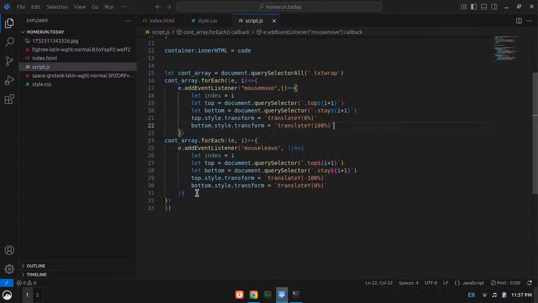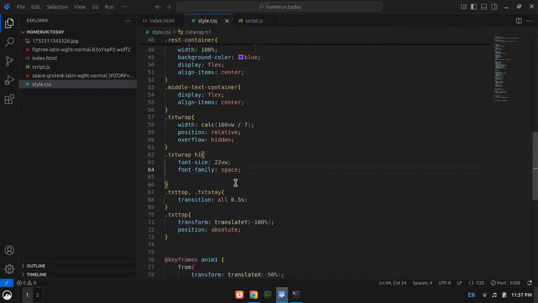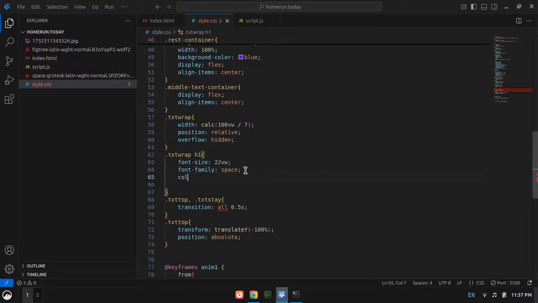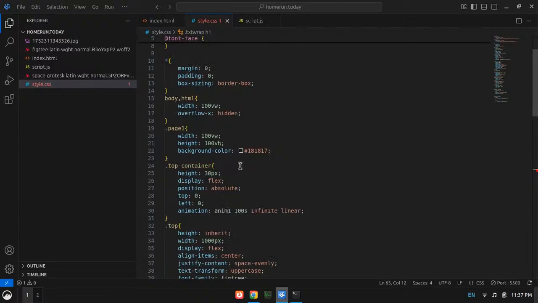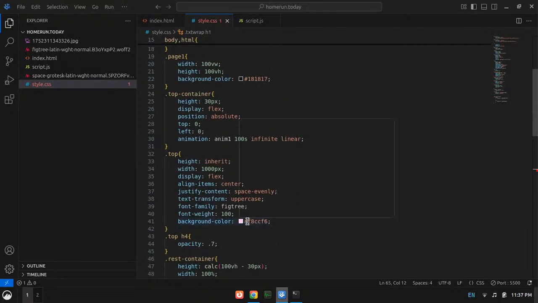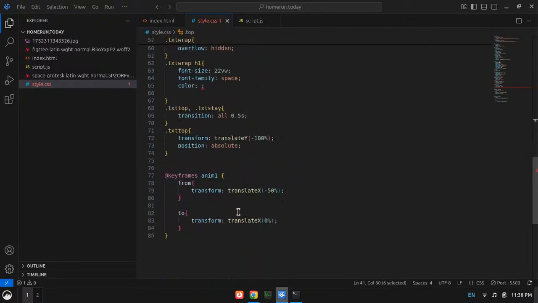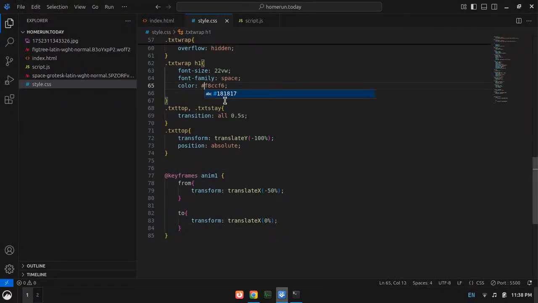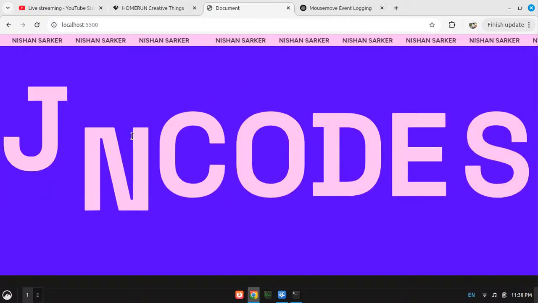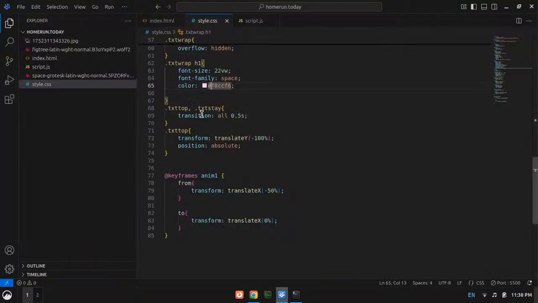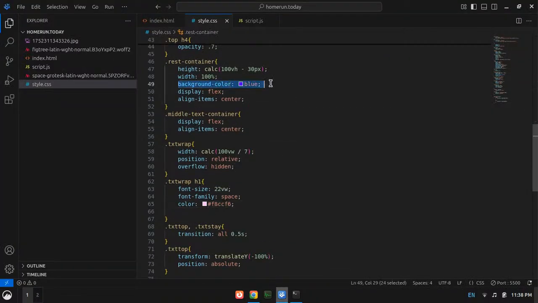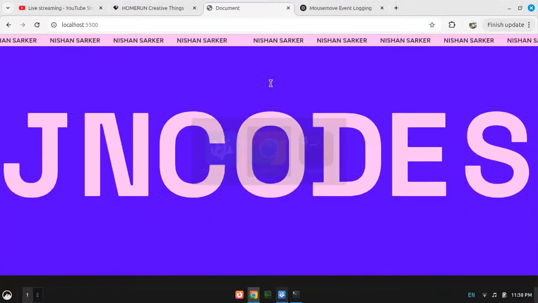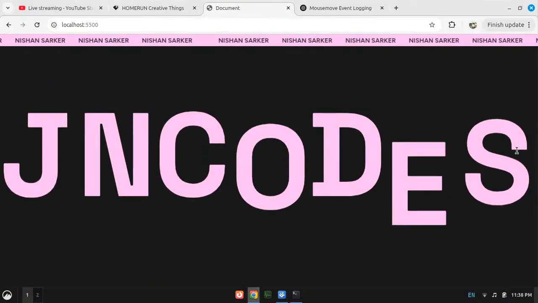Okay, I need to assign the color to this thing. Salwar color, and let me just get the color code real quick. Here it is. Well, actually I now understand what keeps the developers from creating such websites, right? And now I do not need this background color blue. Okay, yeah, now that will work.